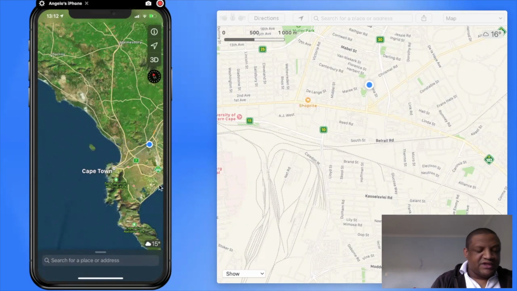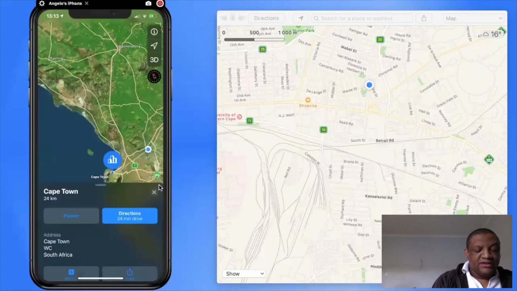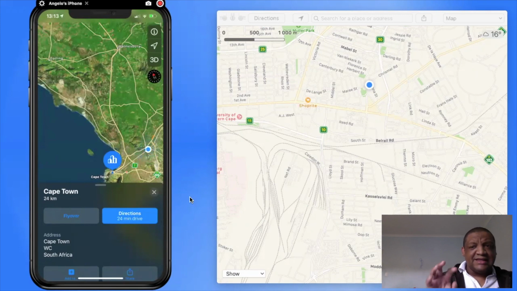If I tap on that 3D button, then it will give me the flyover option. Here you can see it's giving me the flyover button. I can also tap on the directions to find the directions straight to town. So if I tap on the flyover, now this is a good setting,